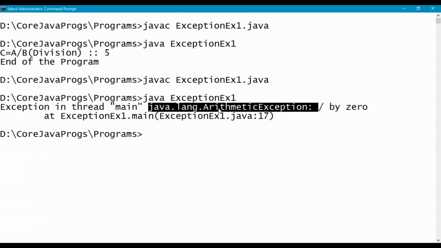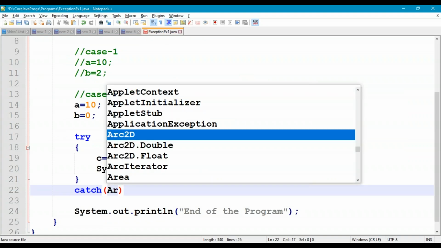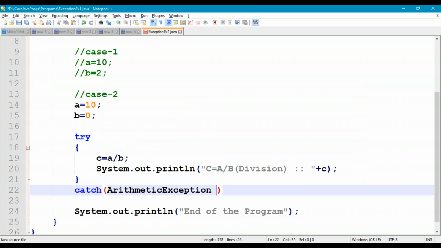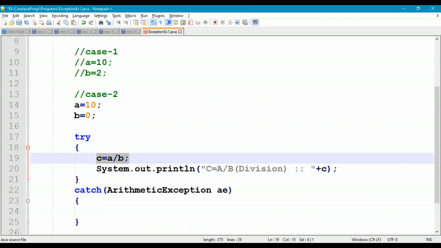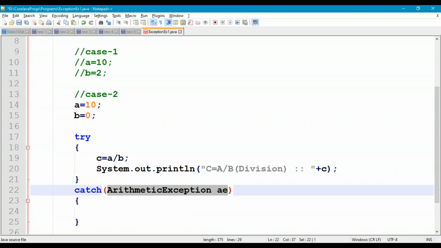ArithmeticException. Take that ArithmeticException and create its object, AE. When an exception occurs, that particular exception object is automatically created by the JVM, and it is automatically thrown from the try block and comes to the catch block. In the catch block, that ArithmeticException object reference will be stored in AE.